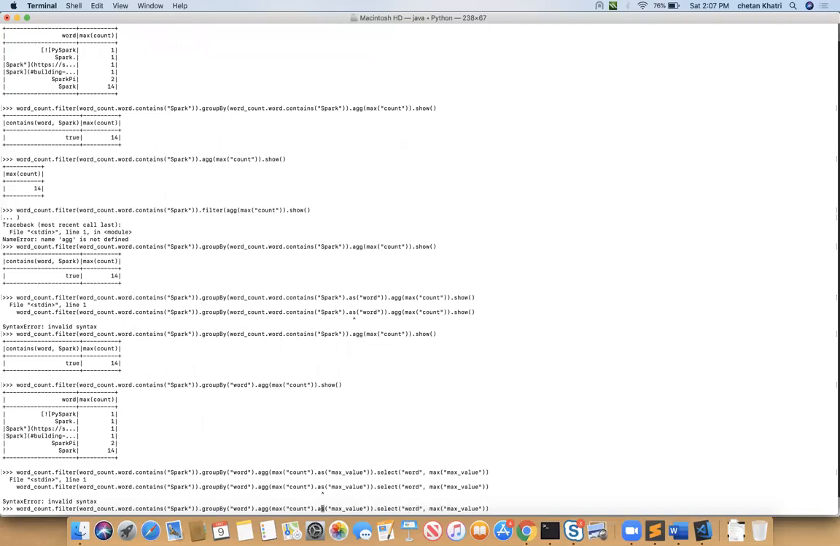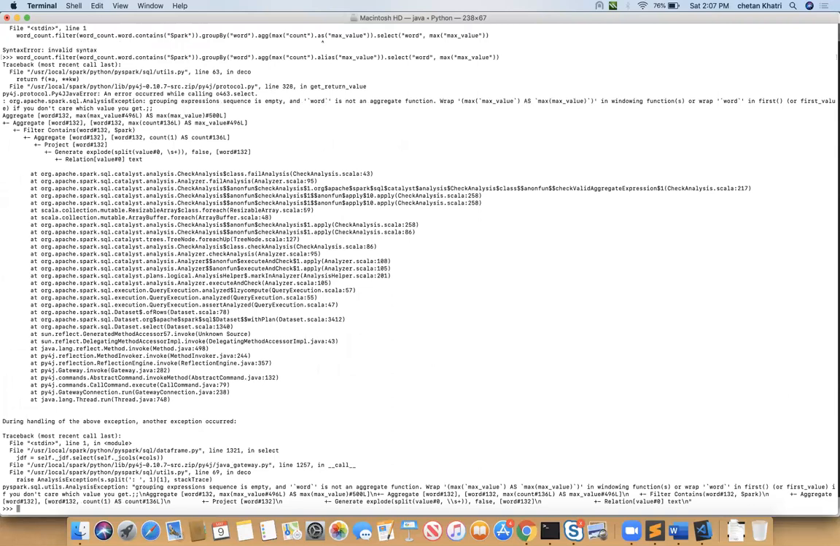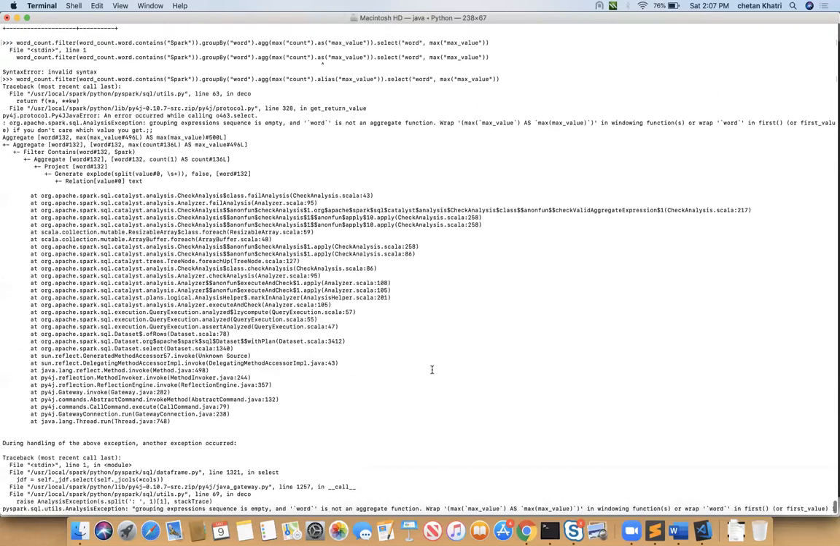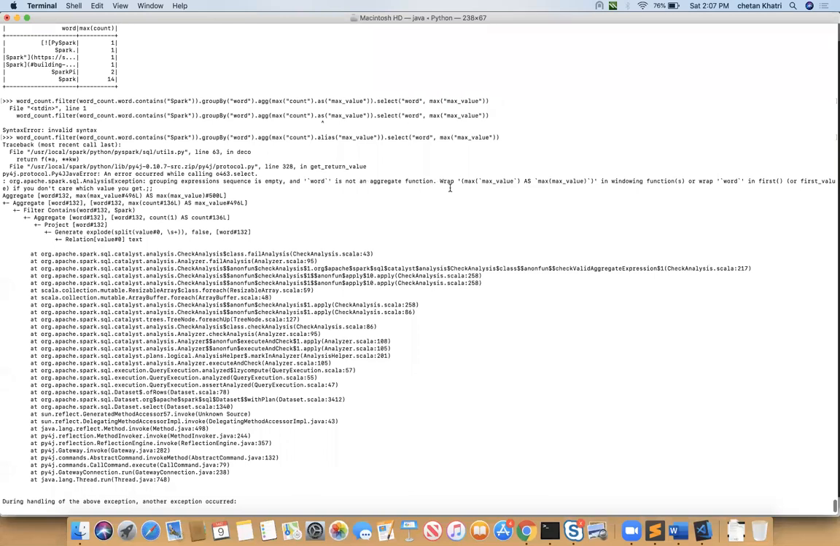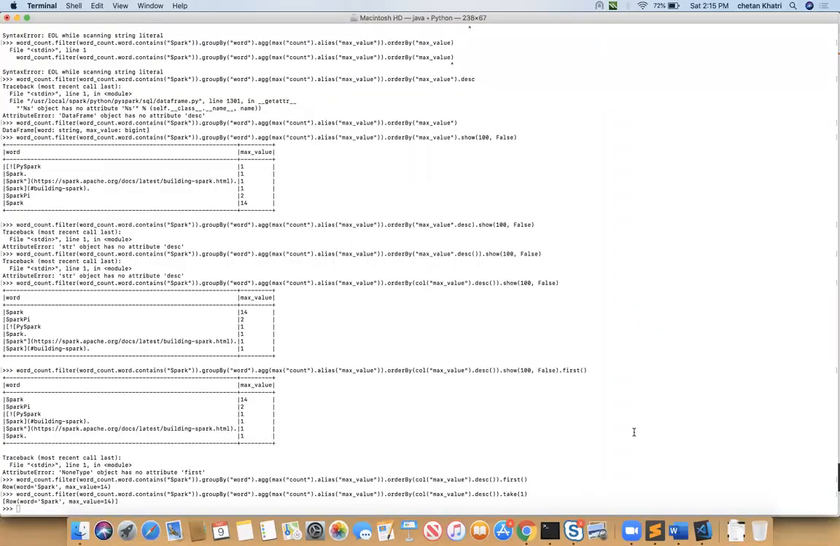Every time you can alias. This is a big error. Word is not aggregate function. Wrap max value as max value in an aggregate function, or wrap word in first, or first value if you don't care which one. This means all I'm saying is what